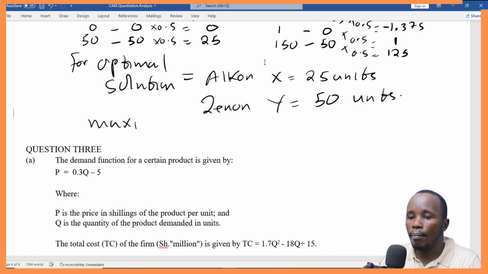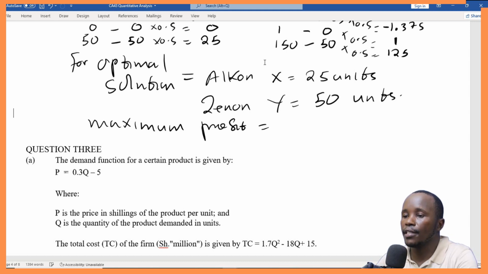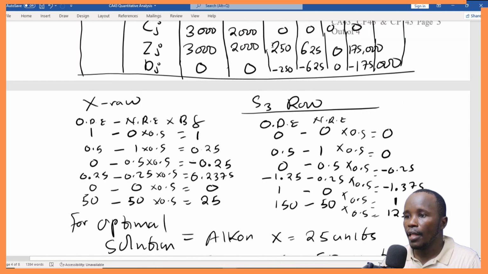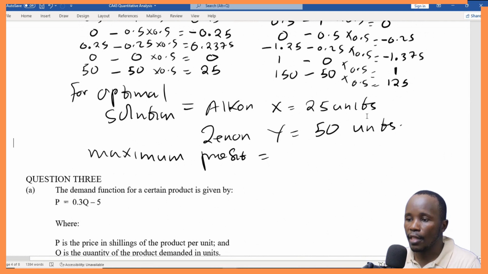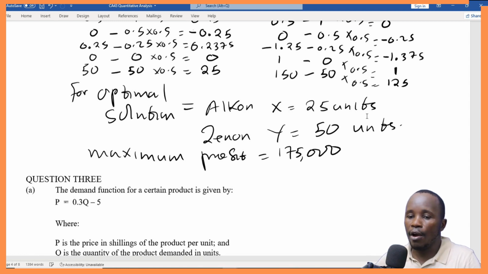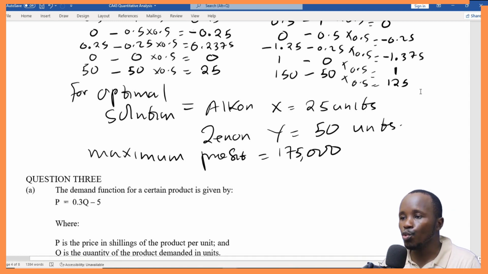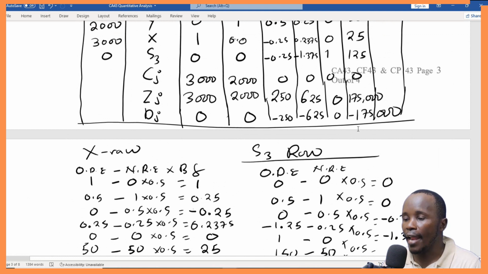The maximum profit is given as 175,000. Now, although it was not asked in this question, if they had asked you things like slack variables in this case,